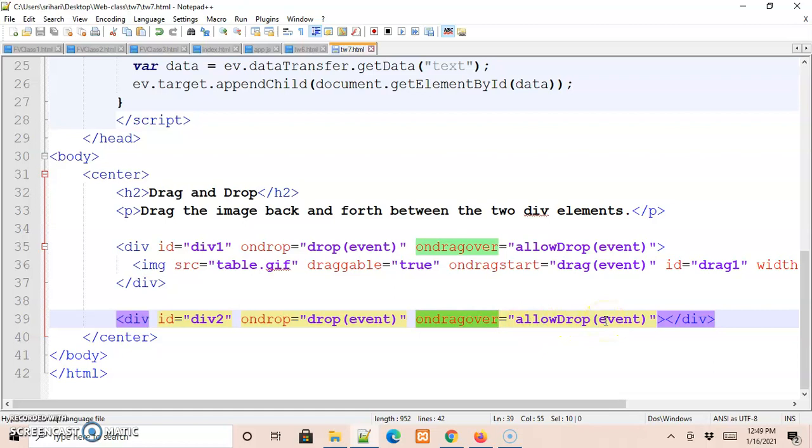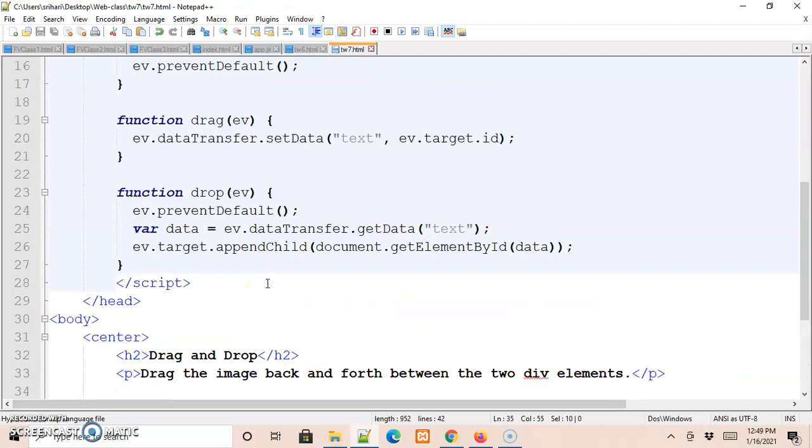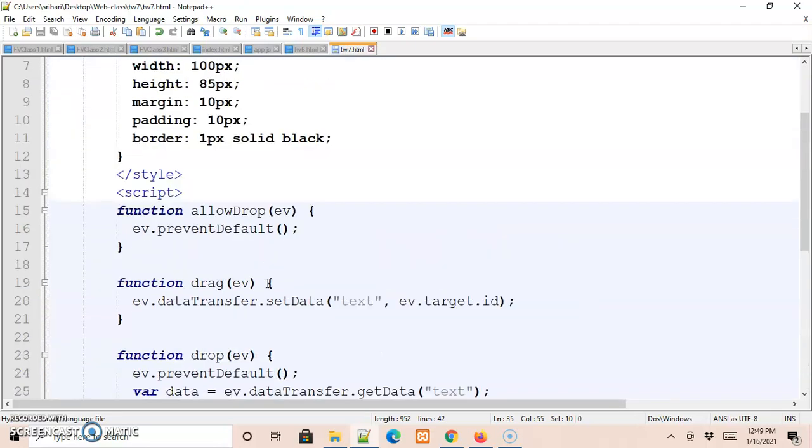So in this case, we can drag and drop the image that we have defined here between these two different divisions. That's why we have defined onDrop and onDragOver in both of these divisions, so that we can drop the image back and forth between these two different division elements. Now let us go upwards and understand the CSS and JavaScript that we have written.